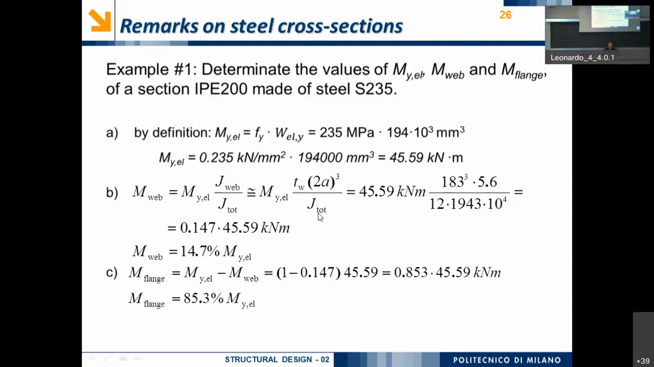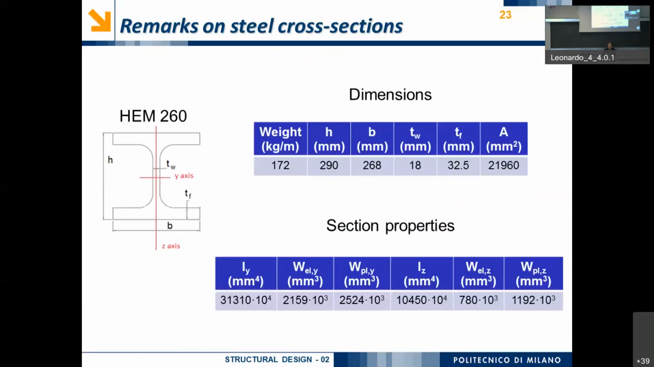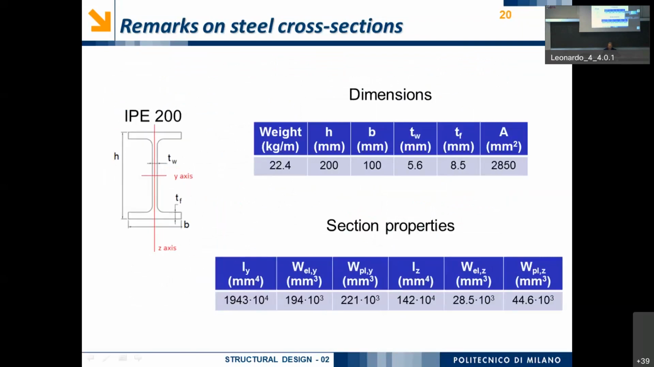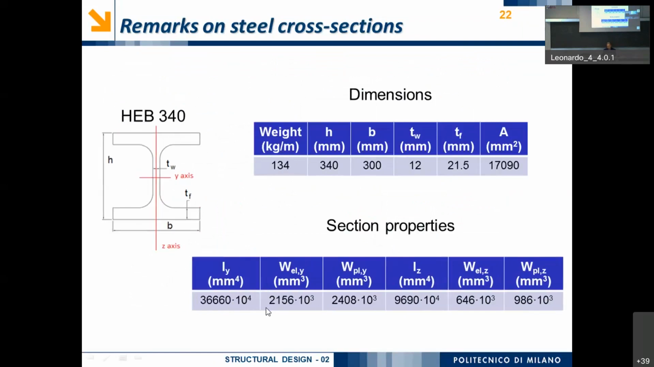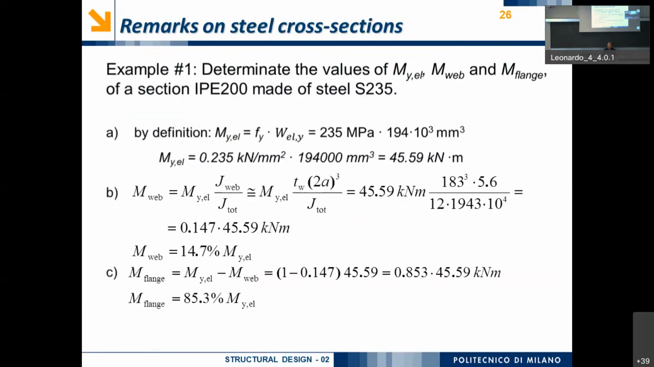The value of I tot is evaluated through the table, and in fact, it is this value, no, not this one, this value here, 1943 times 10 elevated to 4, and in fact, I have this value. Okay, by having this ratio, I will obtain